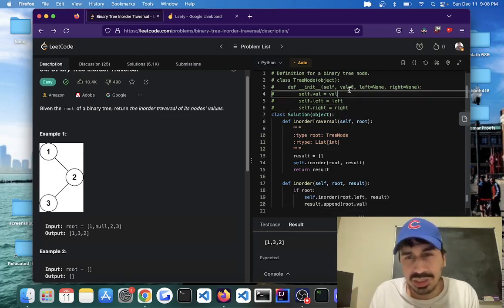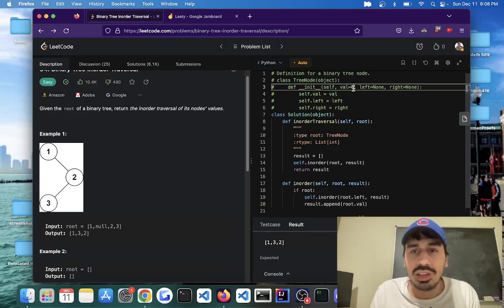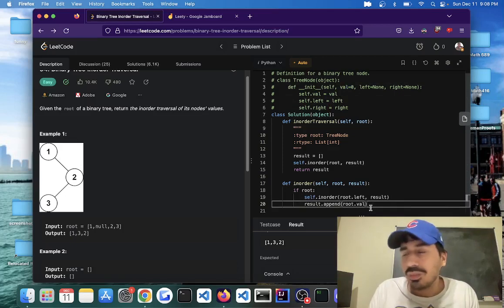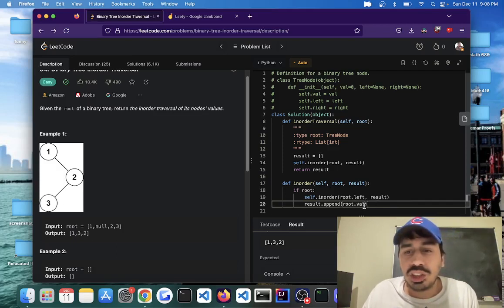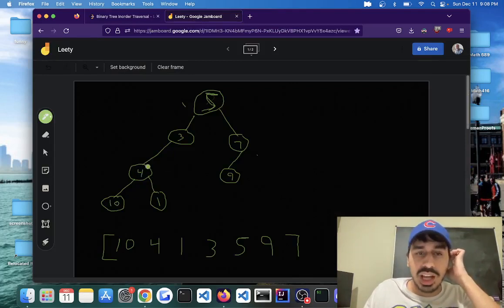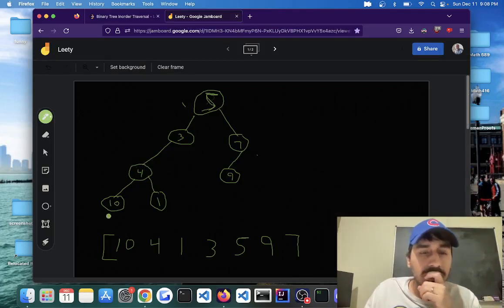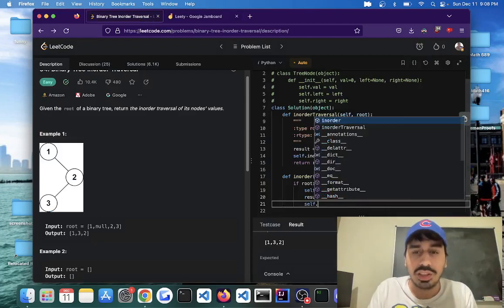I mean, Python's typing is a little bit annoying, so you can't really see that explicitly, but they define value here as 0, so it's not really an integer, I guess you would just call it a number in Python. You're going to add this root.val number to the list. So this is the only line where you're actually adding a value. And then what happens when you actually add the value here? Well, when you add the value here, so that we're at 10, then we want to recurse down to the right tree. So self.Inorder